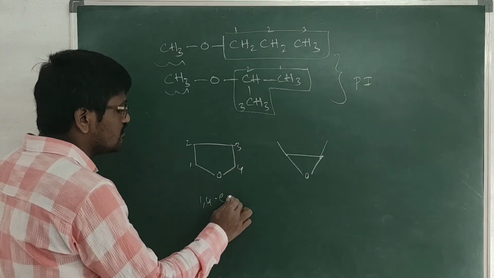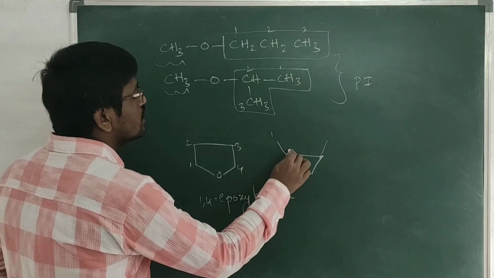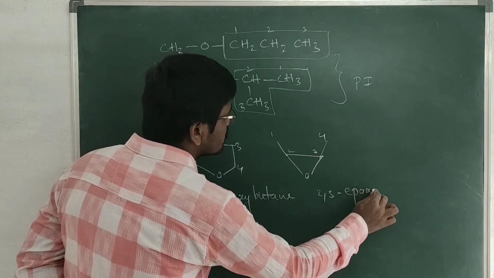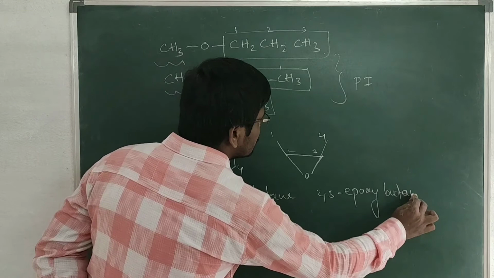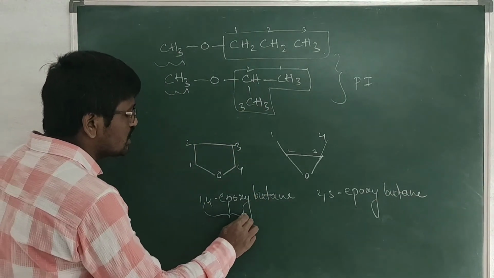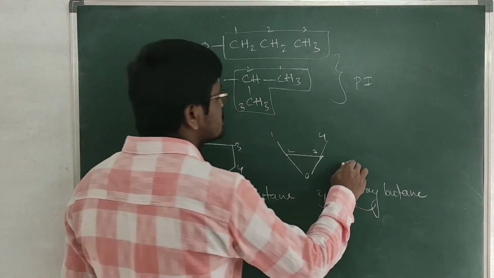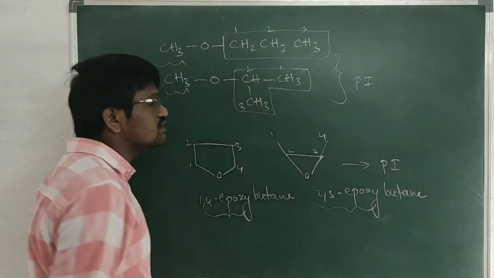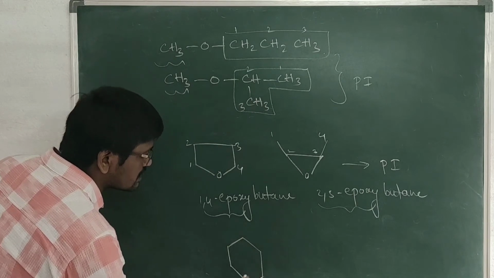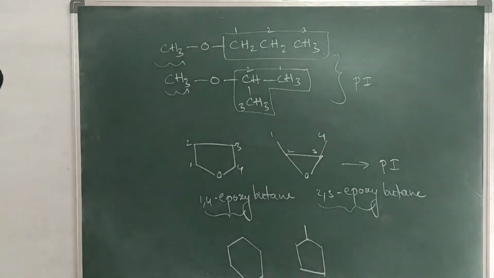Here 1,4-epoxybutane. Here 1, 2, 3, 4. 2,3-epoxybutane. So both have the same molecular formula, but the position of the functional group is different. So these are considered as position isomers, not metamers. If you take a molecule like this, cyclohexane and methylcyclobutane, both have the same molecular formula,